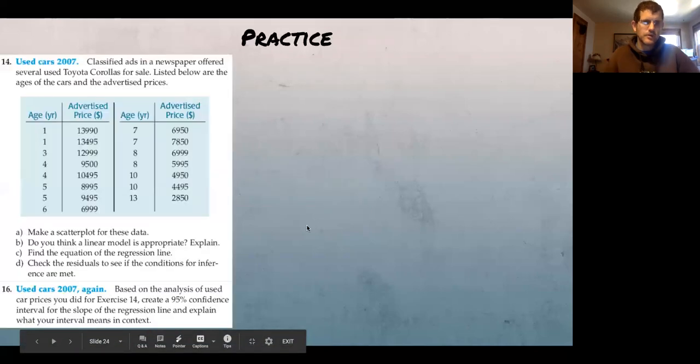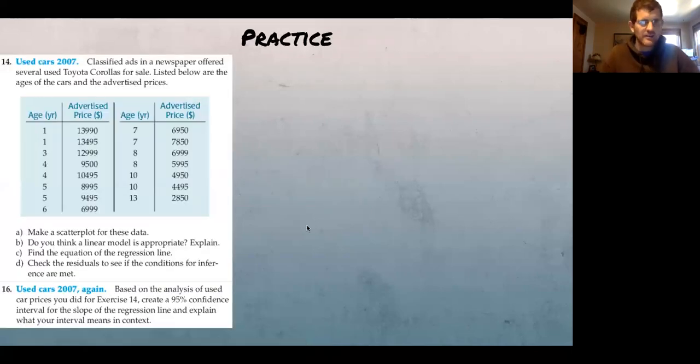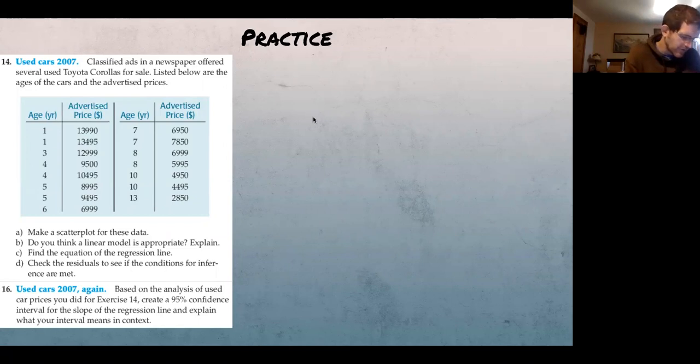Okay, we're going to do a couple of examples here, and we've got two quantitative variables, age in years and price in dollars, and we are going to construct a scatter plot of these. And what I want you to do is go ahead, and I'm going to give you some time to do this. I want you to create two lists in your calculator. Part of this is going to be review, but go ahead and put for list 1 the age,